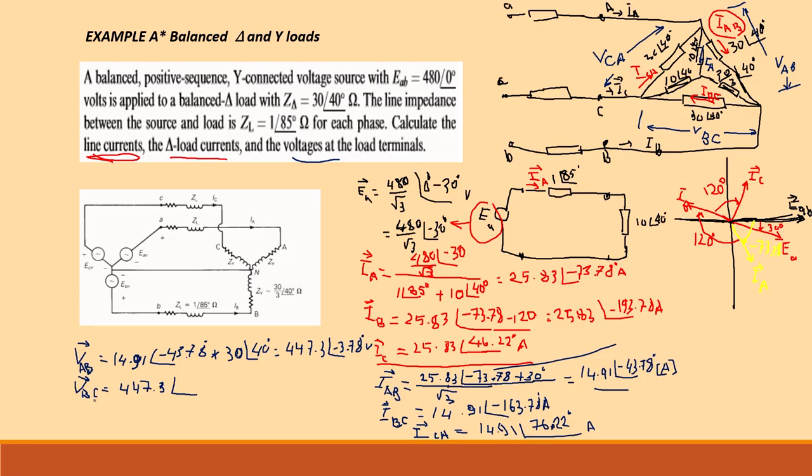So the angle of the voltage VBC is equal to minus 123.78 degrees volt,